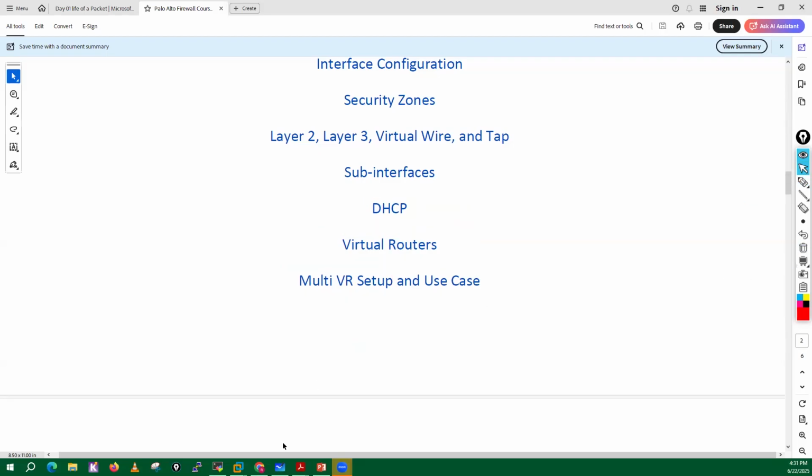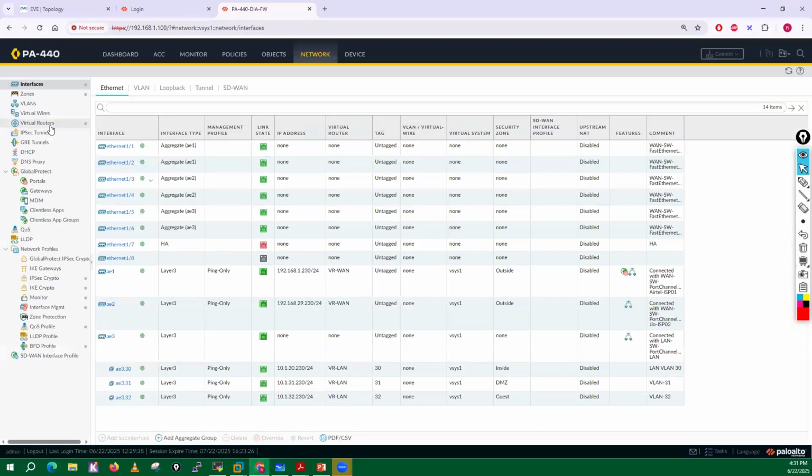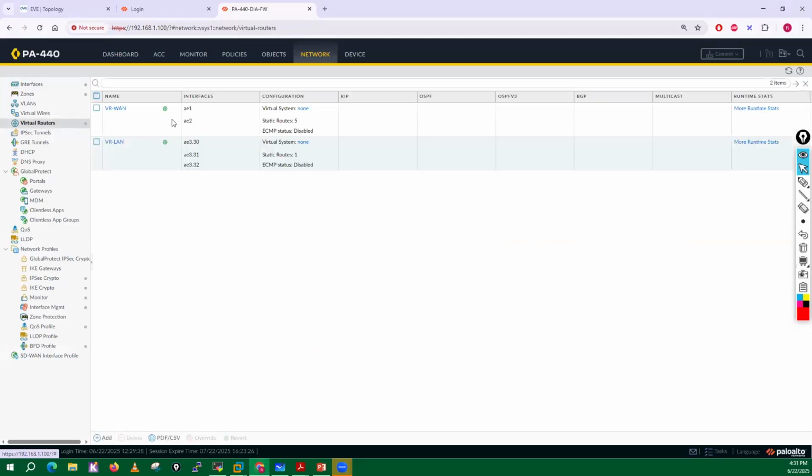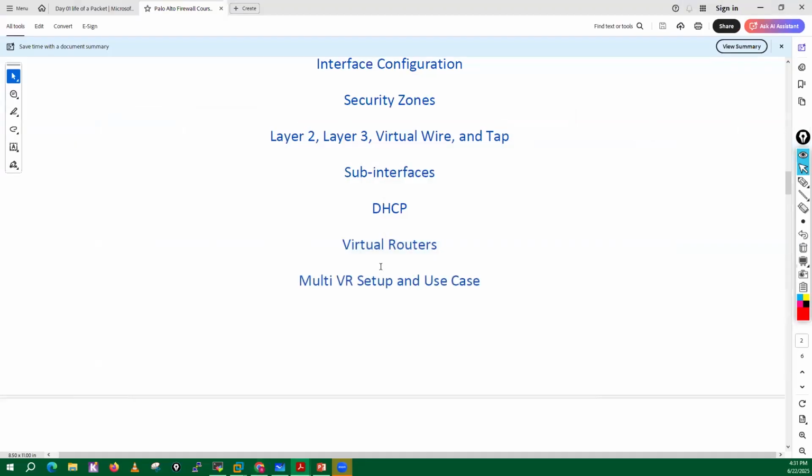Like in my current setup, I have multiple virtual routers: different virtual routers for my outside communication towards the WAN, and different virtual routers for my LAN. Then how we can allow the communication between both the WAN and LAN VRs. So those topics we will also discuss.